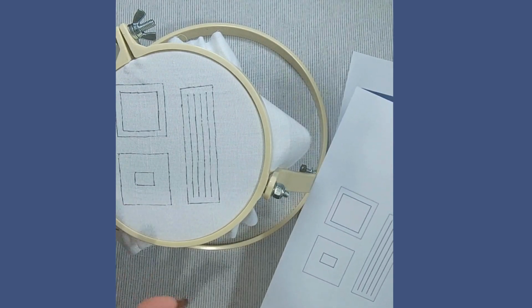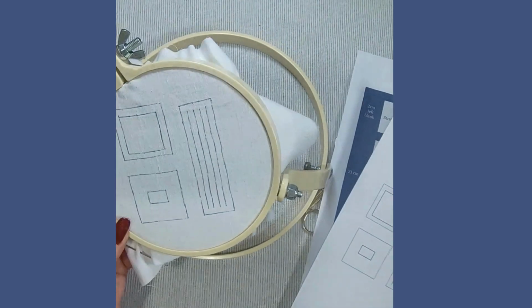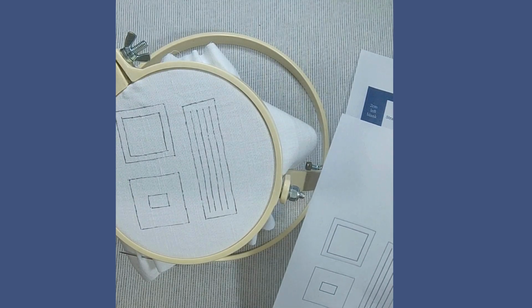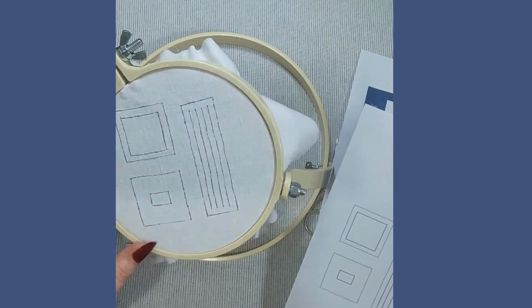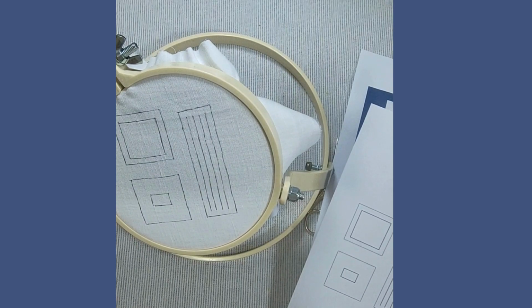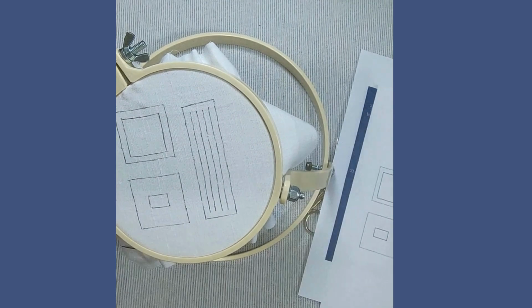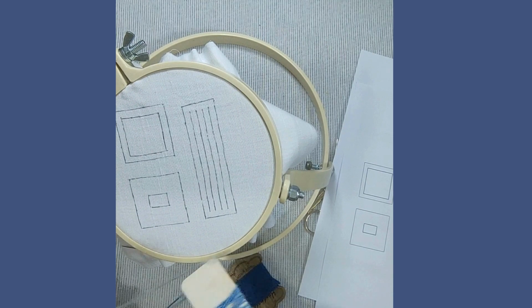If you're interested to find out about the fabrics and about how we're setting up the project, what we're doing, have a little look at the introduction that's listed on the YouTube channel. Okay, so we're basically using a linen that has some woven interfacing ironed onto the back, and we're using today